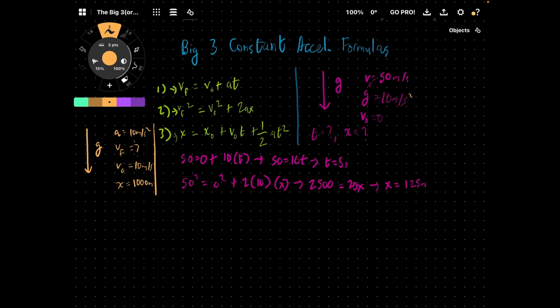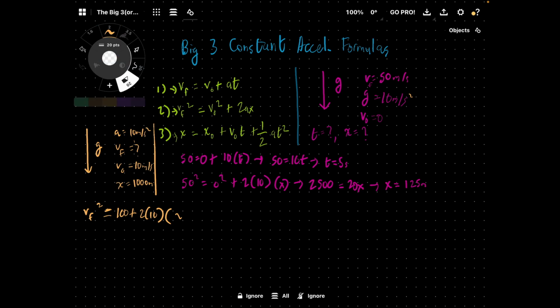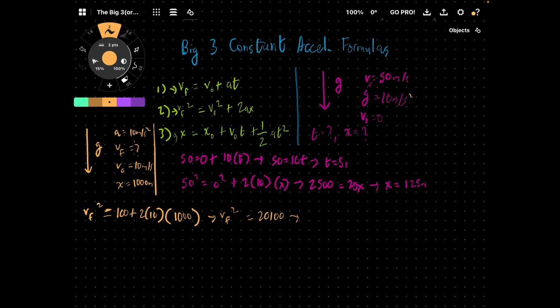Now for me, I'm obviously looking at equation number 2 since it's very straightforward to find it from there. So we have Vf squared is equal to v0 squared, or 100, plus 2 times 10 multiplied by x, or 1,000 over here. After that, this becomes Vf squared is equal to 20,000, so 20,100, and Vf is equal to the square root of